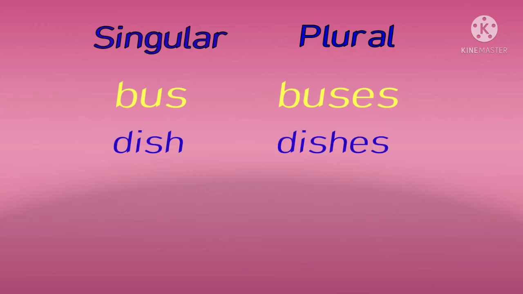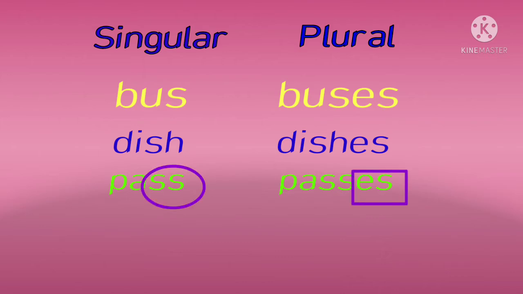For the words that end with letters sh, we have to add es. Say for example, dish. Dish ends with the letters sh. There we have to add es to make it plural. So dish, dishes. Words ending with letters double s, there also we need to add es to make it plural. Say for example, pass, passes,